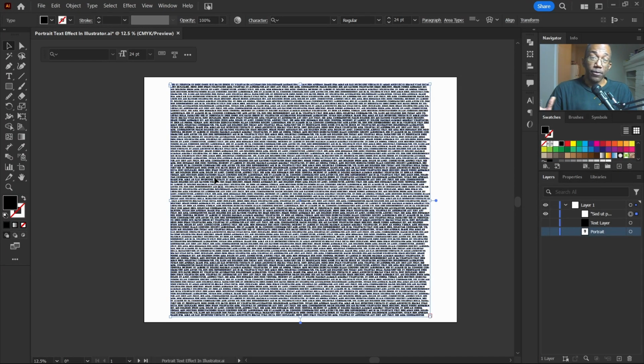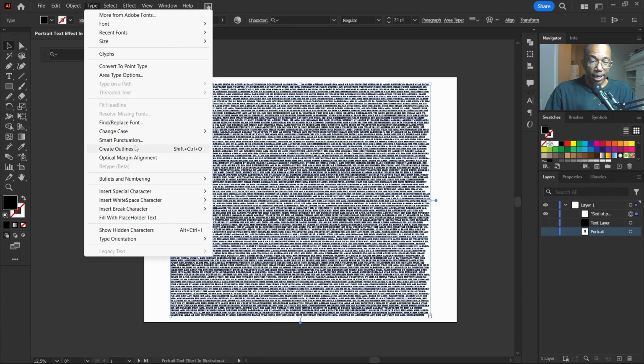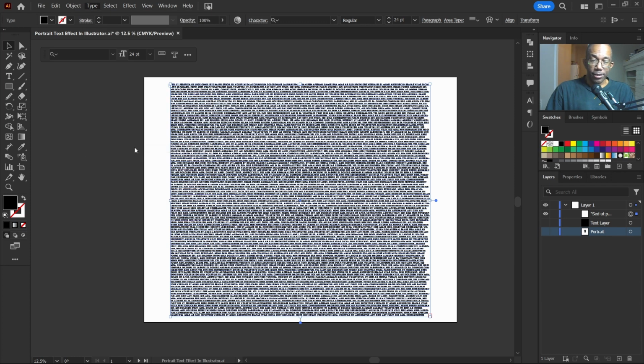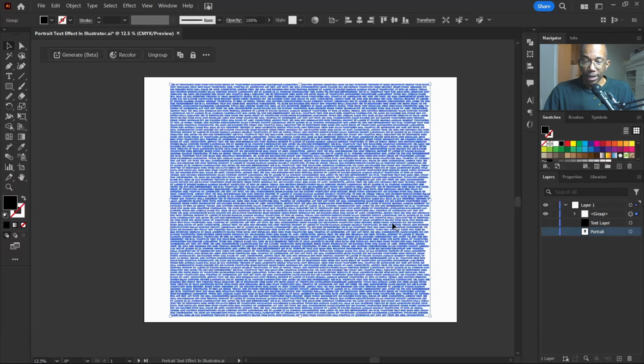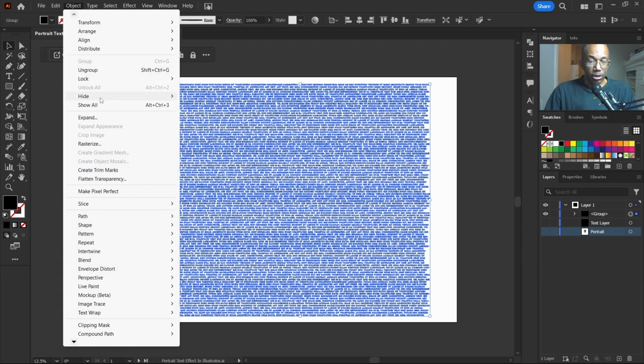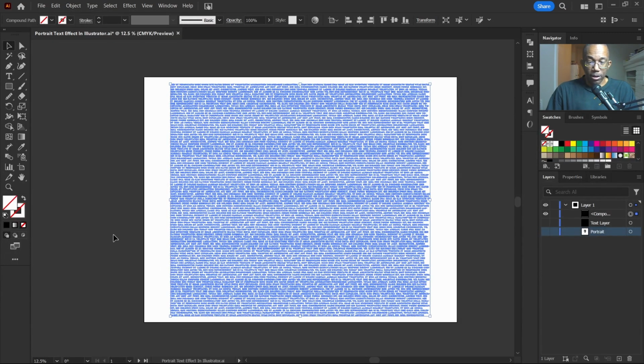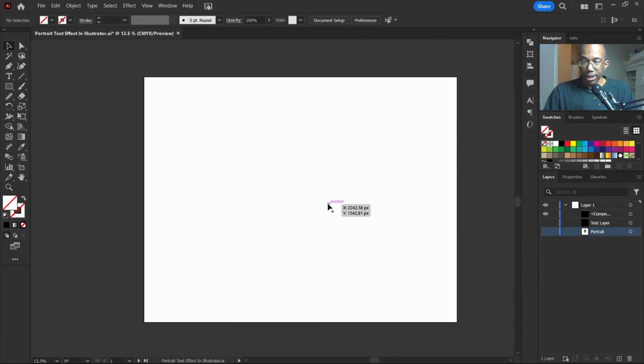So now that we have our font taken care of, we can head on up to where it says type. Click on type and let's create outlines. So that is no longer live, and then we'll head up to object and go to compound path and click make. All right, so now we've consolidated the entire paragraph, if you will,